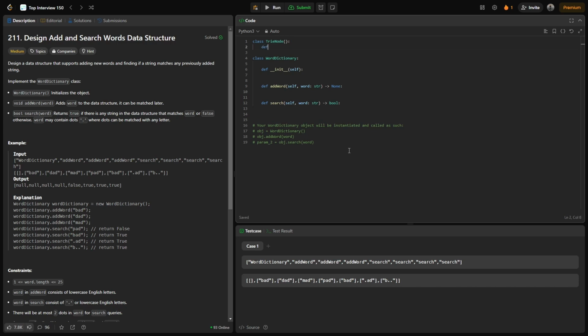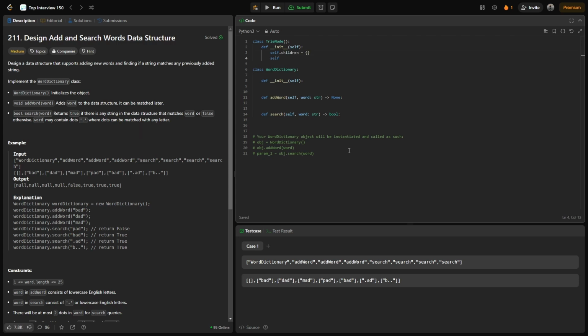And here I can call the def init function, and here it would be self.children would be an empty dictionary, and self.end_of_word is going to be false for now. Now if I say self.root equal to